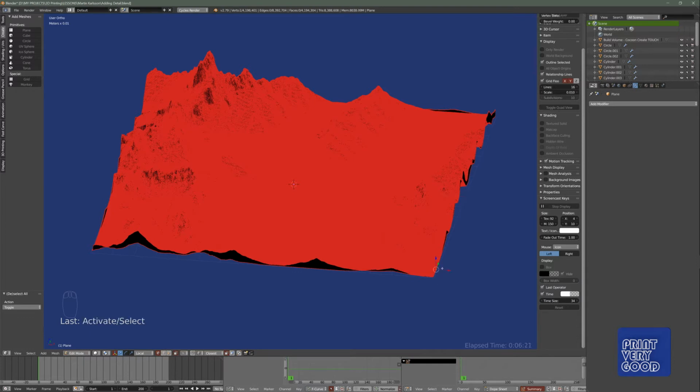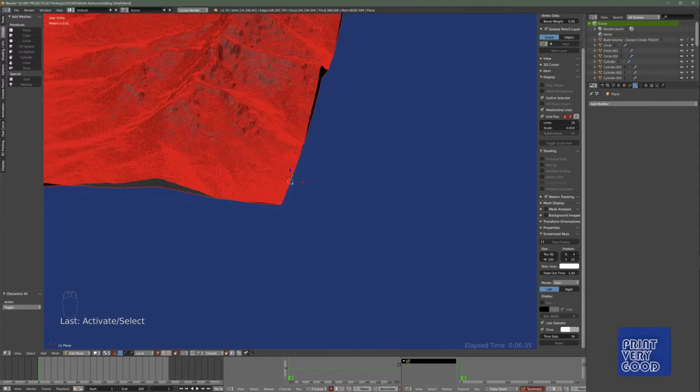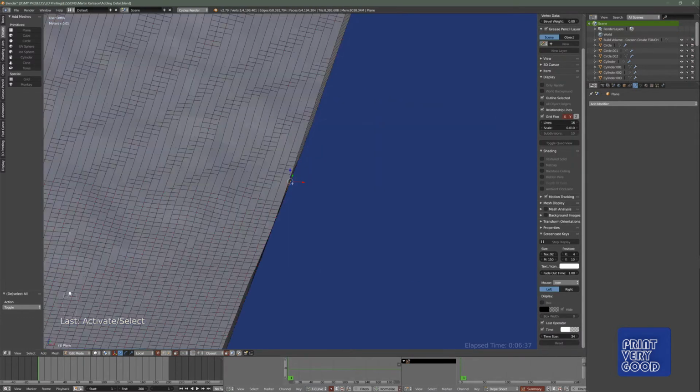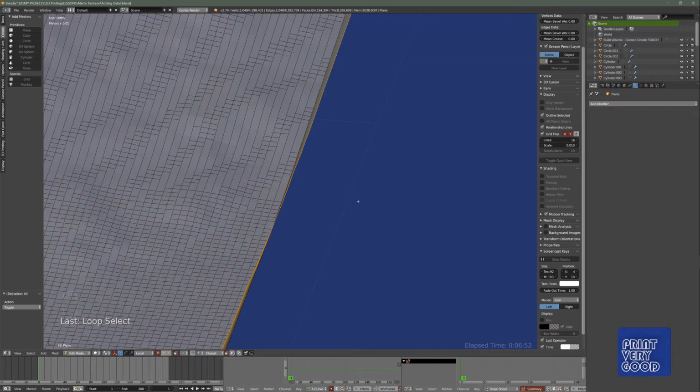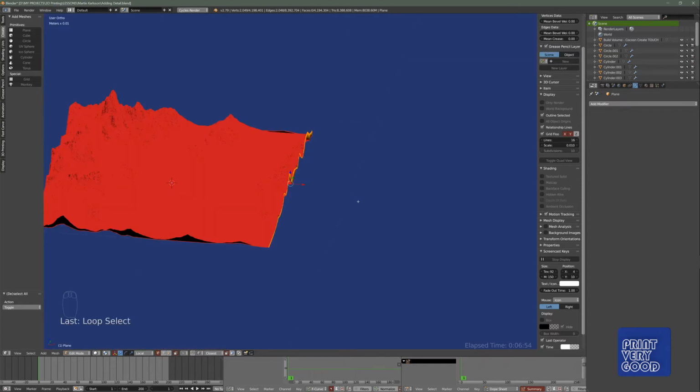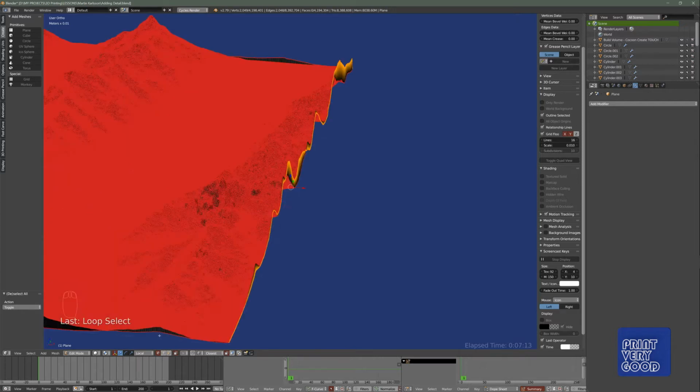And I'm going to select the outer edge, zoom in, and just alt click to select that row of vertices. I'll pull back and I'll select the next edge and the next edge until all 4 edges are selected. So it's just Shift, Alt, right click to select those loops. I'll go around the whole mesh selecting them all, and then once they're all selected,